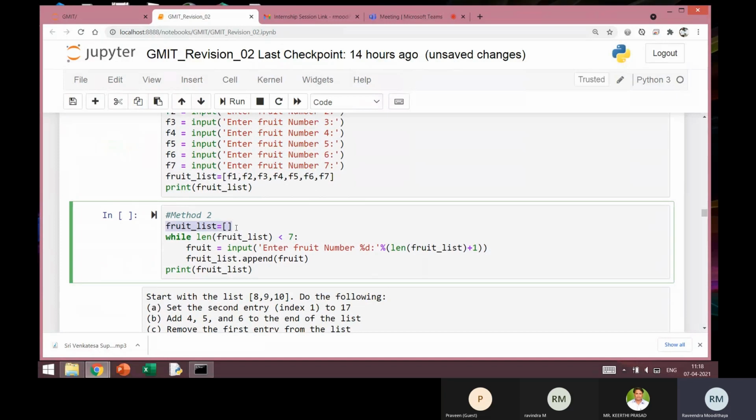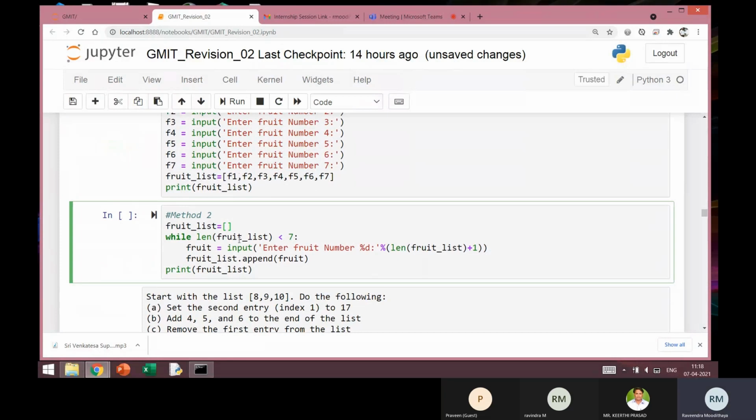So initially it will be empty. If I execute the length function on this, it will return 0 because there are no elements in this. And I want to append values to this 7 times. That means the 7th time when I append a value, the length of the list will become 7.